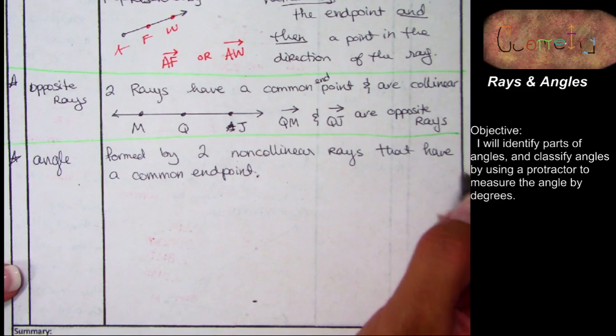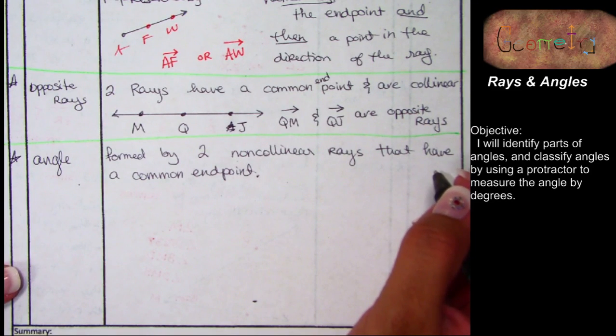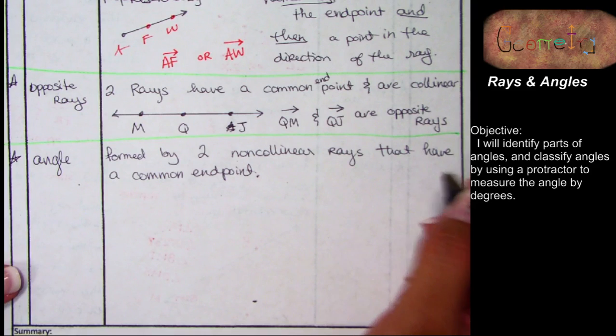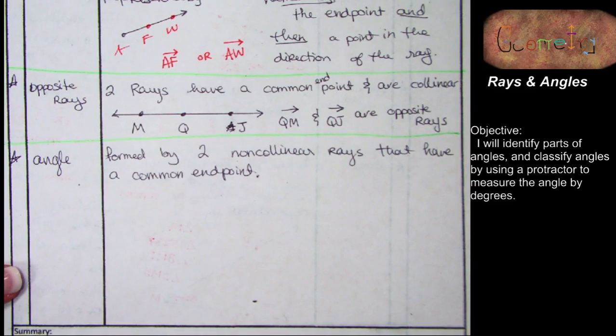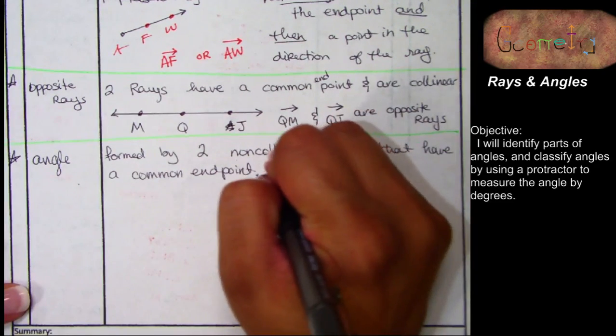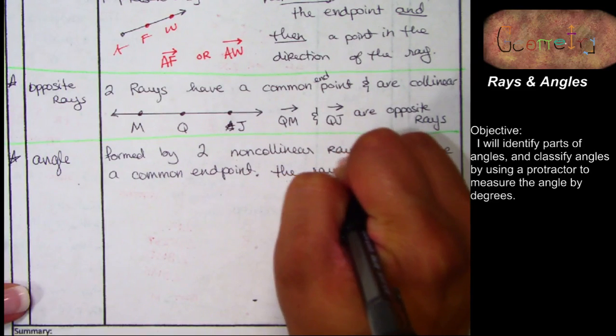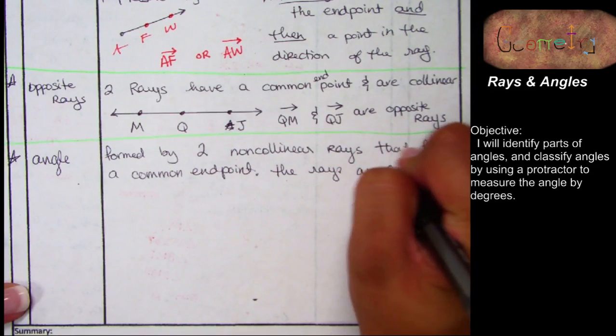But notice the difference between these and opposite rays. Opposite rays must be collinear. Angles, we don't care if they're on the same line or not. These rays are called,